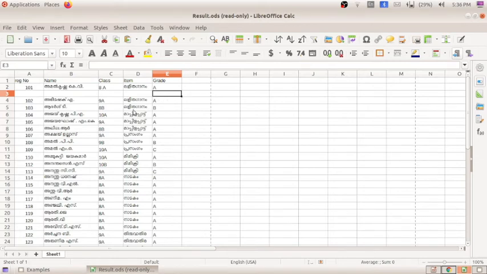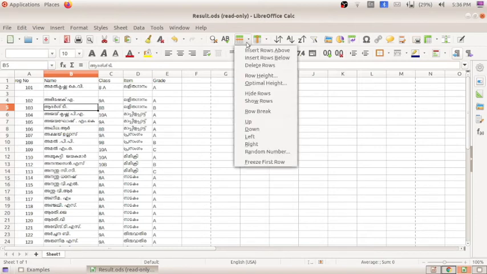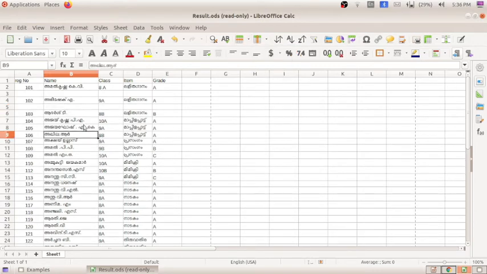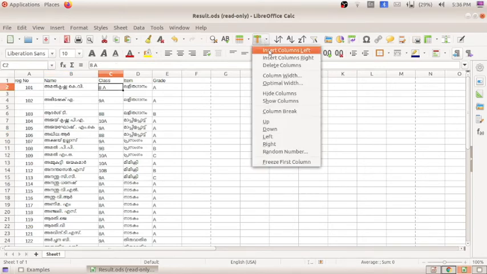Okay. Next, one more time I will show. Here if I want to add a new row, click here, insert rows above. You can see above, one more row. In the same way, if I want to add a column, click here, insert column left or right.